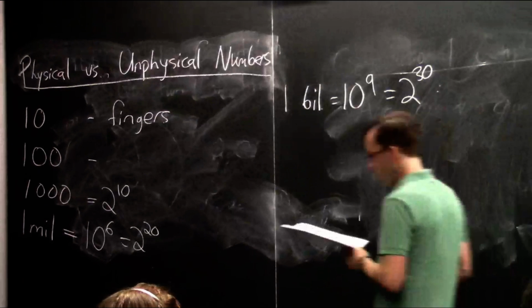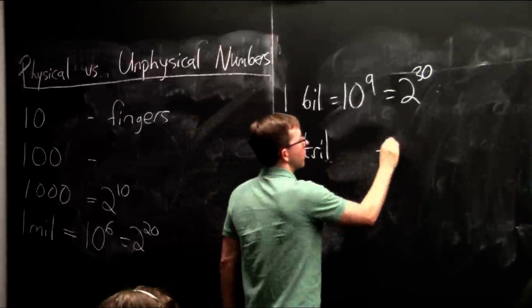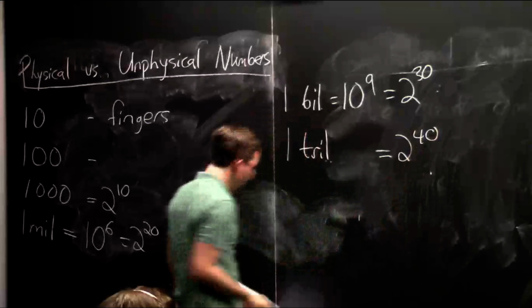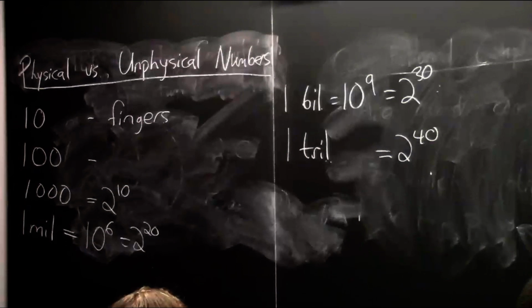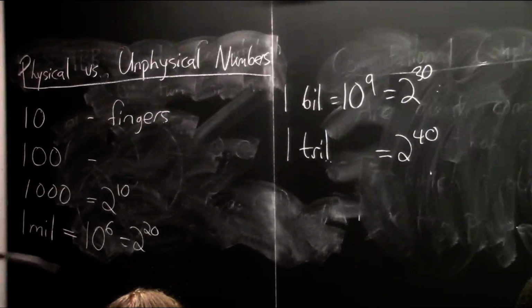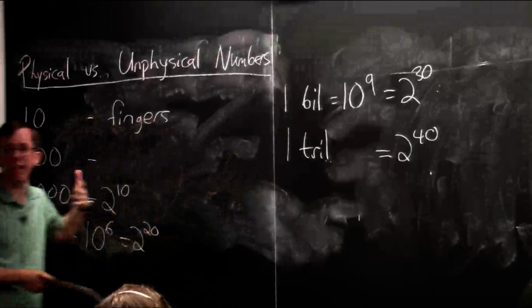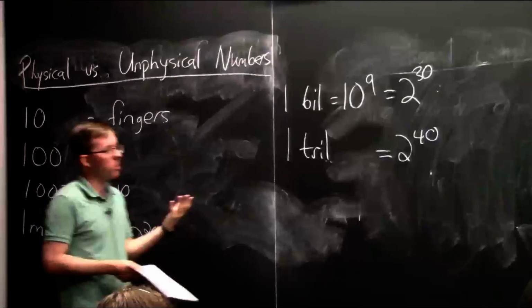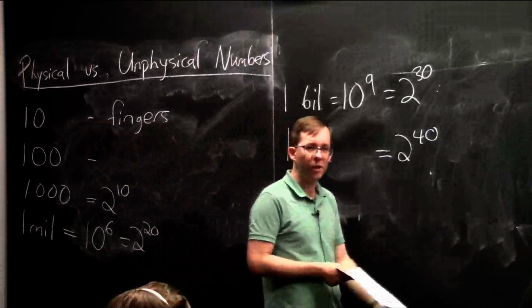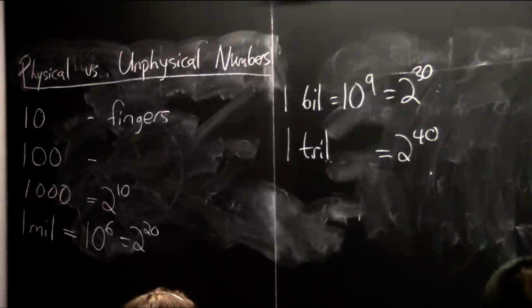So the next one is 1 trillion. That's 2 to the 40. Now it's getting a little bit serious. 1 trillion seconds is 30,000 years. That's a lot. You can have a 1 terabyte hard drive, but it's getting up there. I guess 1 trillion is maybe the number of flops for a PlayStation, the number of floating point operations it can do per second. So you can still do a lot of operations. Maybe I got that a little bit wrong. I was just looking stuff up on Wikipedia, but it's roughly in that neighborhood.